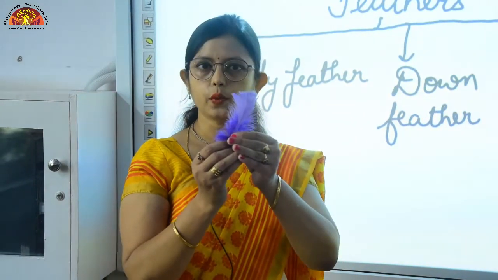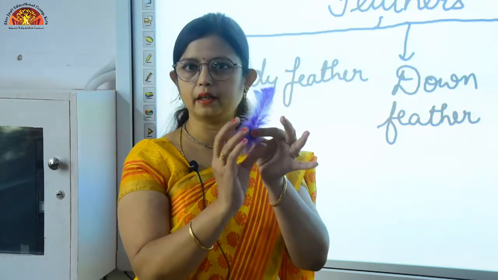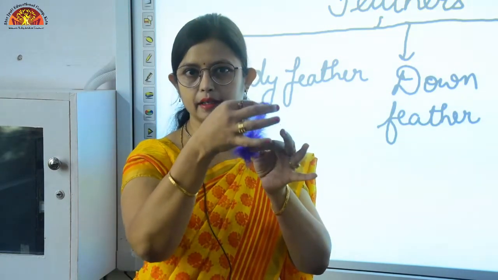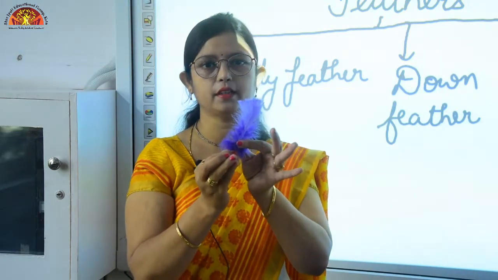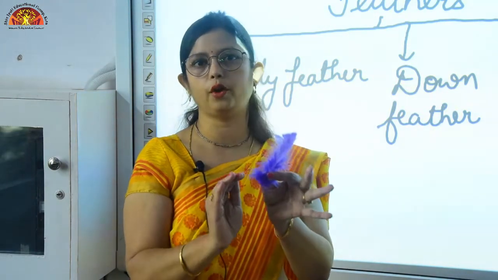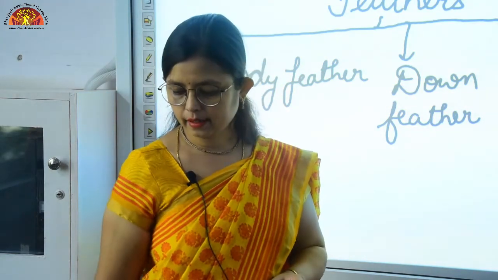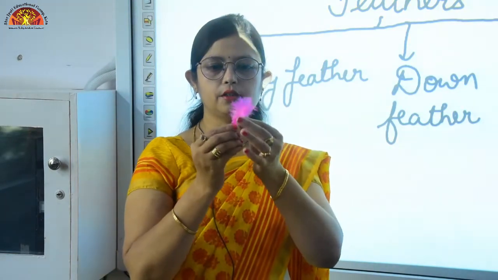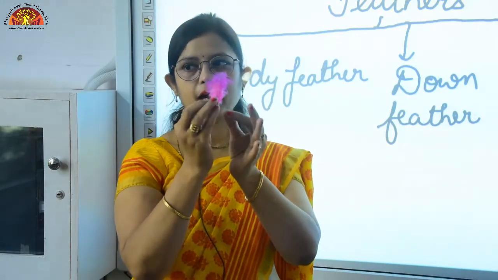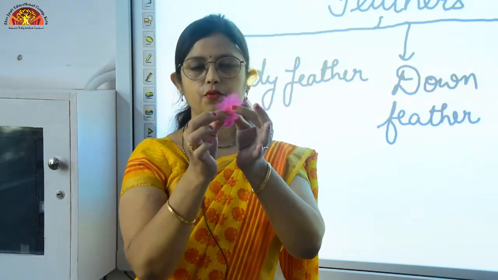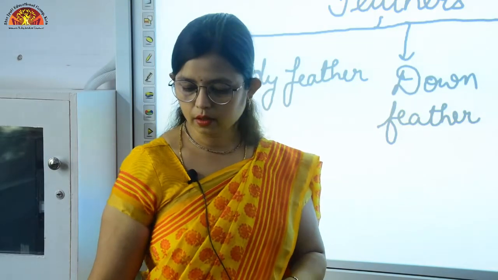So see, this one is the body feather. Now have a look at this. The lowermost part is somewhat fluffy and the upper part is somewhat stiff. So these are called body feathers, and these type of feathers are present on the overall body of the bird. They cover the overall body of the bird. Second type is down feathers. You can see these feathers are small, very soft and fluffy, and these type of feathers keep the body of the bird warm. Okay. Then the third type is